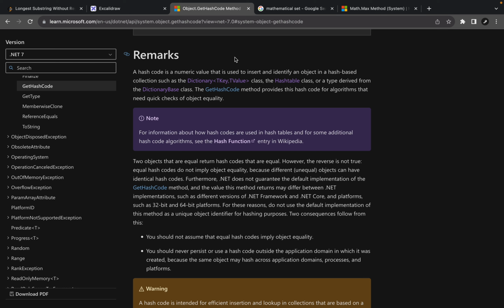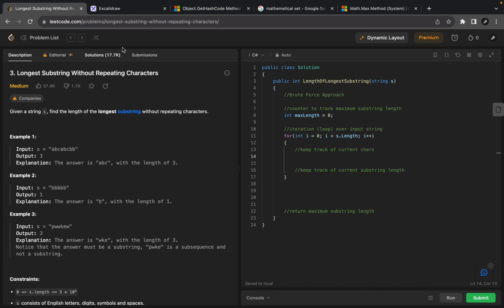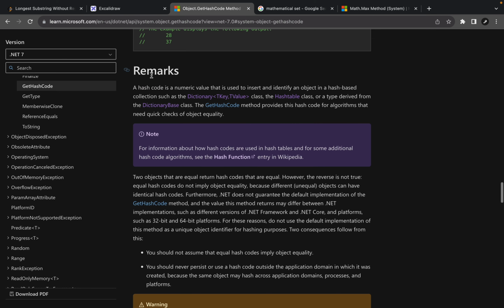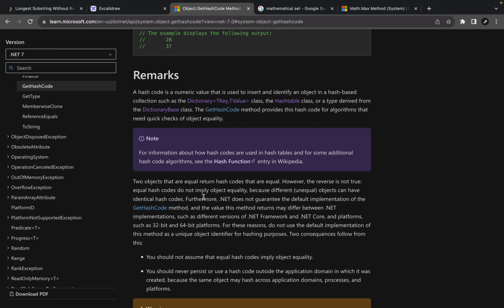And they use a hash function to take an input, in this case a character, and produce a fixed size value, which they call a hash code, that represents that input. So looking a little bit further into the Microsoft documentation's remarks about a hash code, they write: a hash code is a numeric value that is used to insert and identify an object in a hash-based collection,